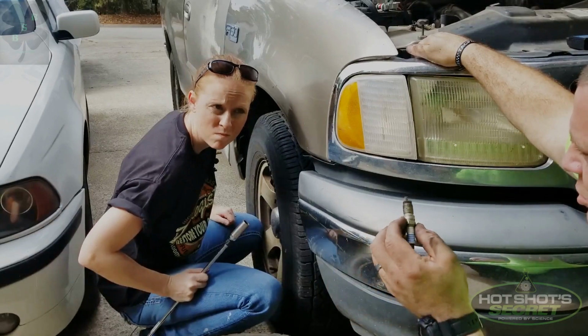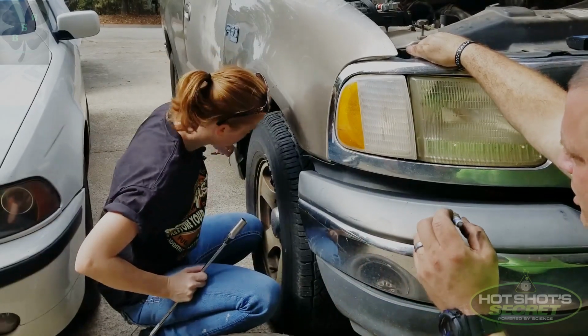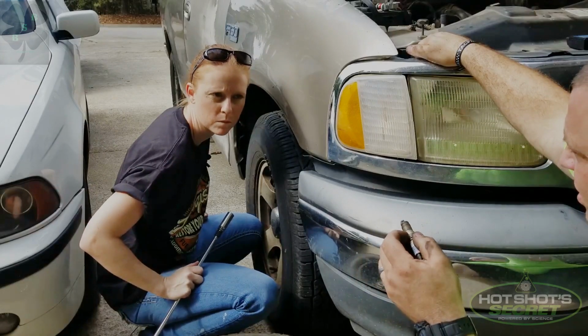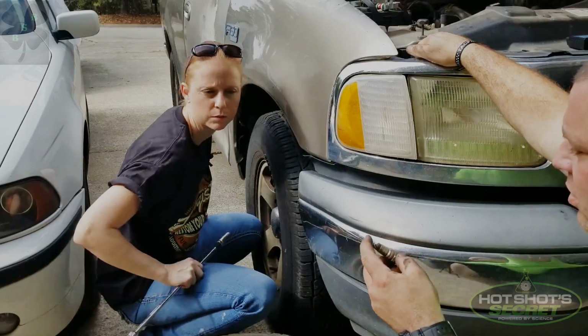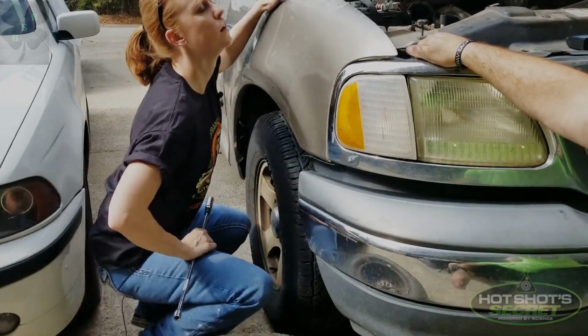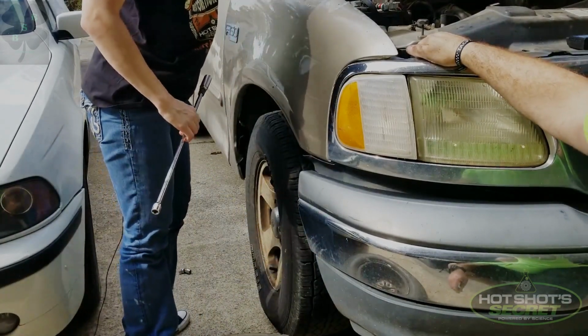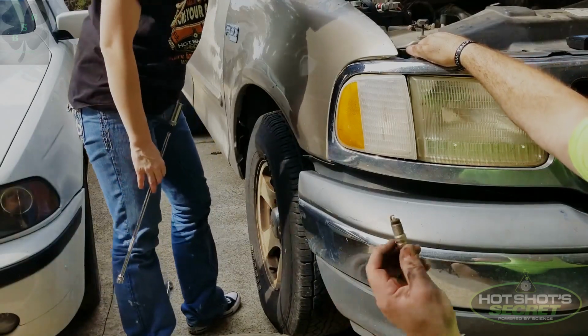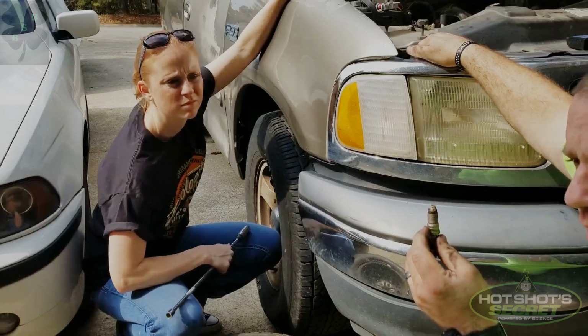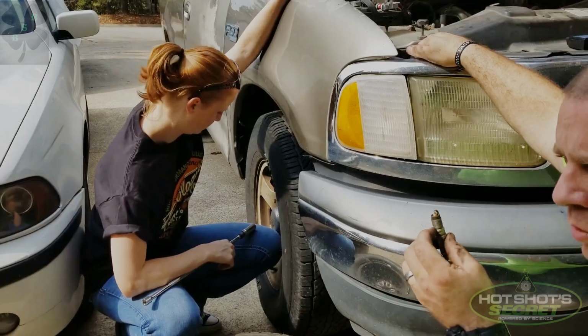So what we're gonna do is put the spark plug in like you normally do, and we'll gap it to what? 52. And where is that on this truck? It's on the cowl, right? Yeah, it should be. Okay, so what we're gonna do is order her some Hot Shot Secret fuel